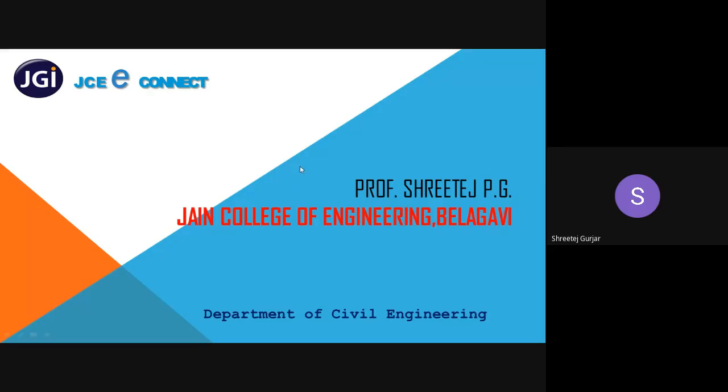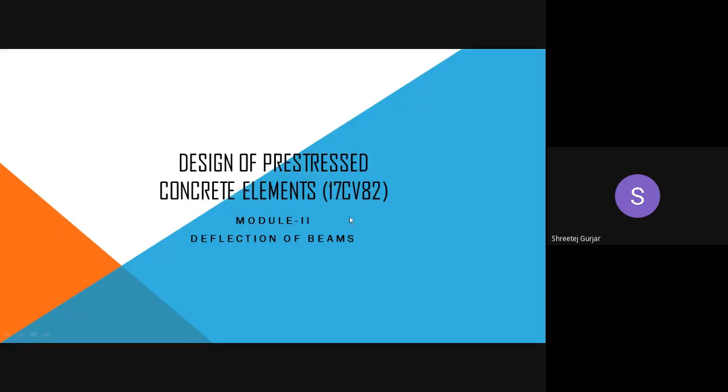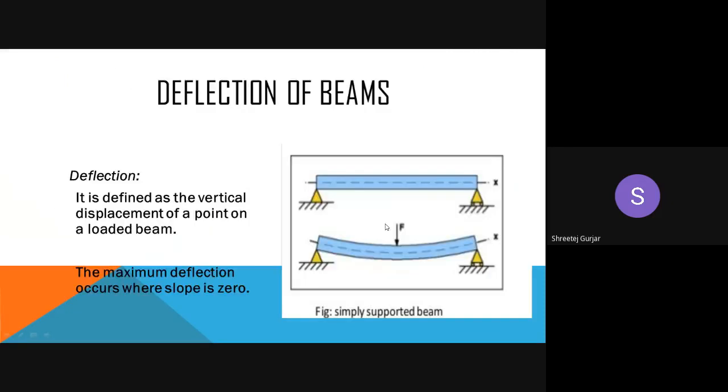Okay, so now we will start your module 2 regarding deflection of beams. So what is deflection? What do you mean by deflection? Can you tell in general terms what you mean by deflection? Anyone? You have the answer on the screen, but I want a general explanation. You have studied this in your structural analysis and all the other design subjects also. What do you mean in general by deflection of a beam?